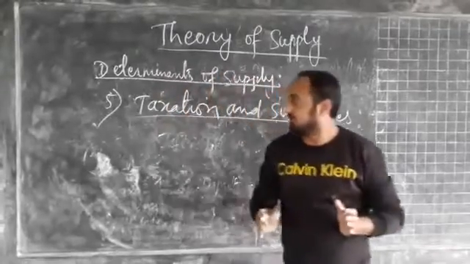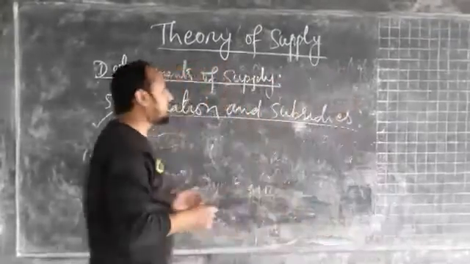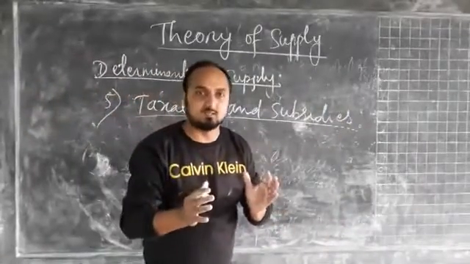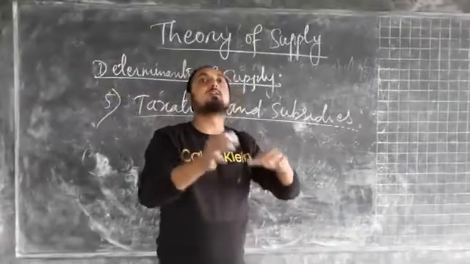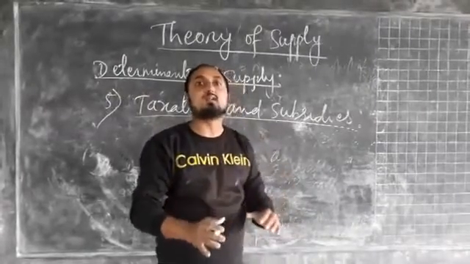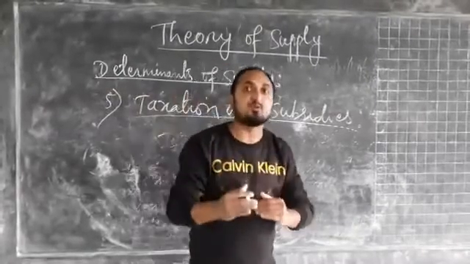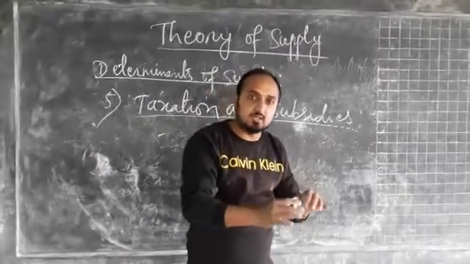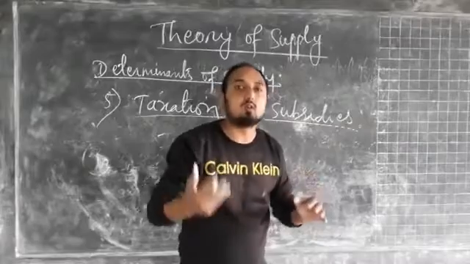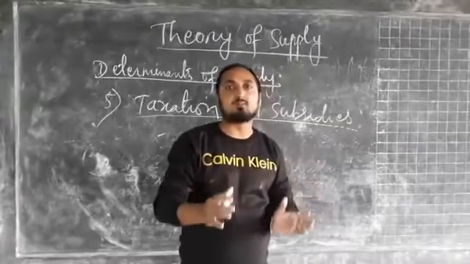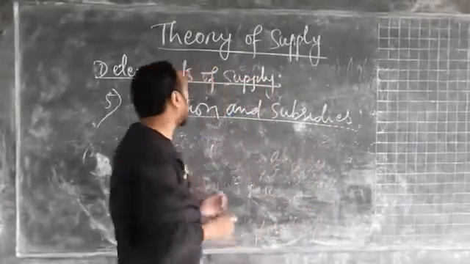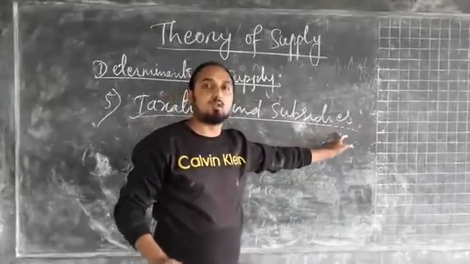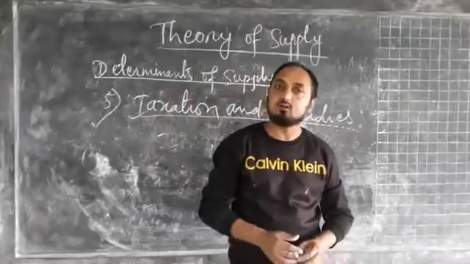Whereas if the government is providing subsidies or giving relaxation in terms of taxation, or reducing the rate of taxation, in that case the cost per unit of production of the firm will decrease, and if the cost of production decreases, that will encourage the producers to produce more and supply more in the market. So here taxation and subsidies also play a very important role in affecting the supply of a commodity.